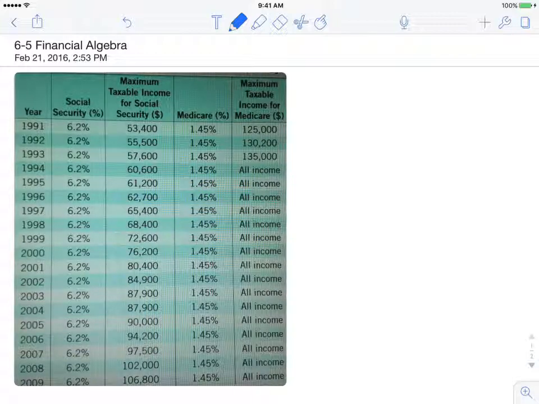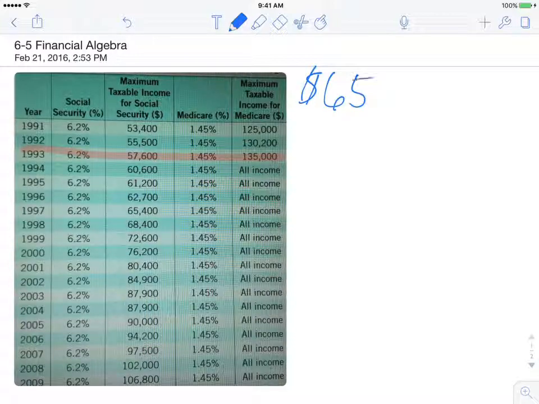Basically, you can see this table that I have right here. Each year is going to have a different associated maximum taxable income limit for Social Security, and some of them even had maximum taxable income for Medicare. Most don't. Medicare is usually just your whole income, no matter how much you make. In any case, we're just going to come up with a couple scenarios here and talk about how they would play out and how you would figure out the Social Security tax and stuff like that. So the first one, let's pretend we have someone who